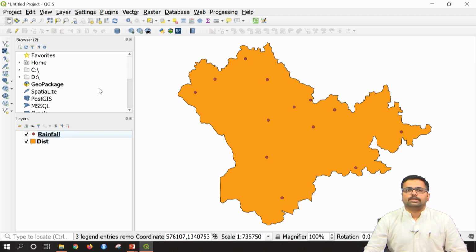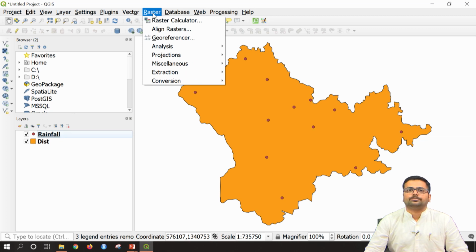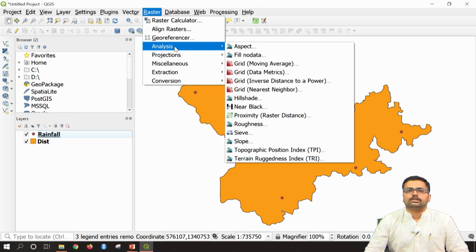So, now let us directly interpolate this particular point file. To interpolate, you need to go to the menu bar, Raster. So, here in the analysis you can find all of it, whether it is aspect or hillshade, whatever we did in the previous sessions.